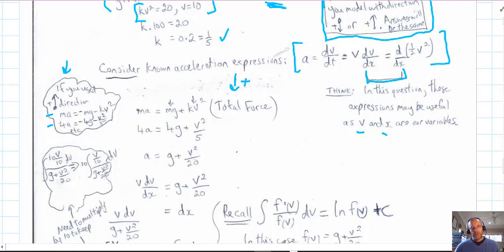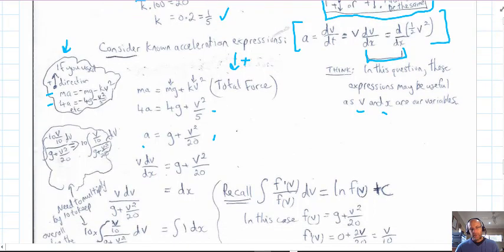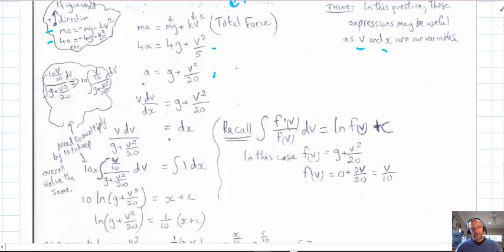Let's proceed. So we've got Newton's law looking at total forces. So ma equals mg plus kv squared. Always draw a little diagram, or at least put in the key vectors, and we substitute our values in and divide through by 4. Then we sub in one of those suitable values. This one is v dv dx. And then we go ahead. I've just got some notes there about once